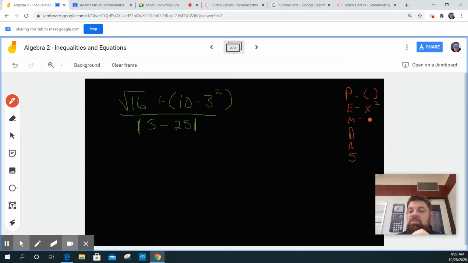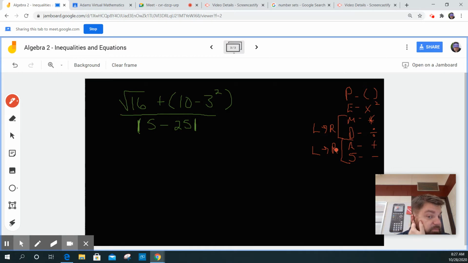then exponents, then multiplication, then division, then addition, then subtraction. Now, addition and subtraction, just like multiplication and division, go left to right. In other words, you can do division before multiplication. You're just going to go left to right. And it's the same with